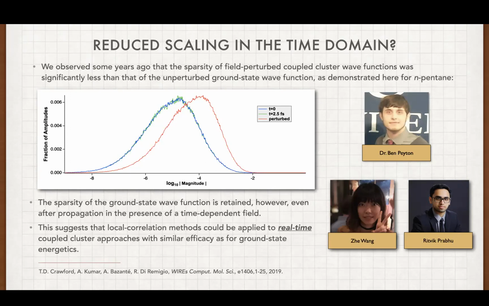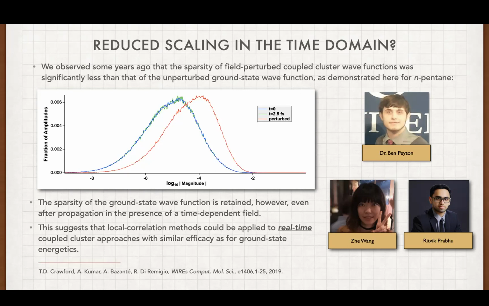And so you'll see that, these are negative numbers, around 10 to the minus 5 or so is where I see the most number of my T amplitudes, my cluster amplitudes. However, if I do the same plot for an electric field perturbed coupled cluster wave function, I see a shift in the distribution about 1 order of magnitude up. And so that means that I've lost a great deal of sparsity, which means I'm going to have to do more work because I have to keep more of the wave function around in order to achieve the same results.